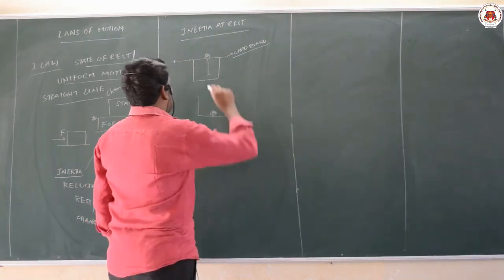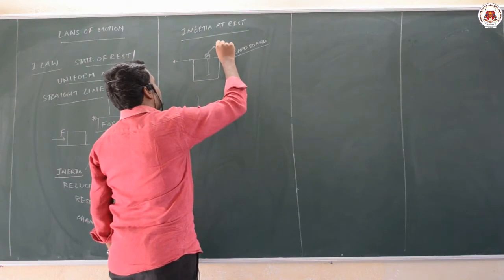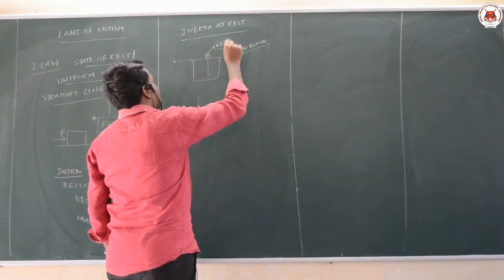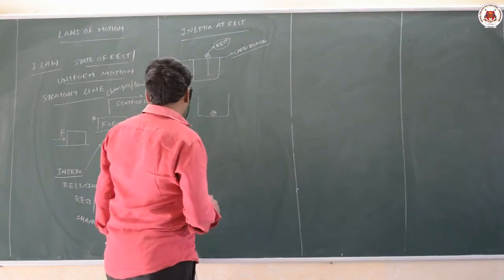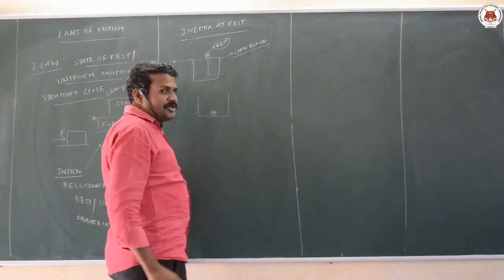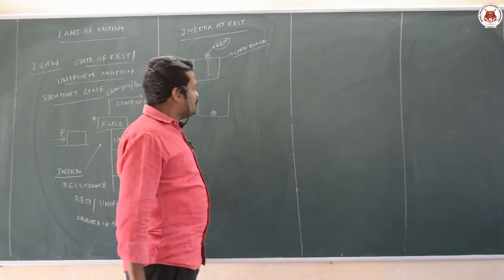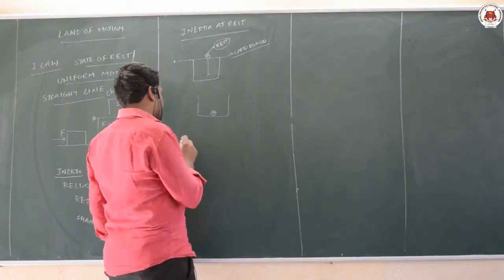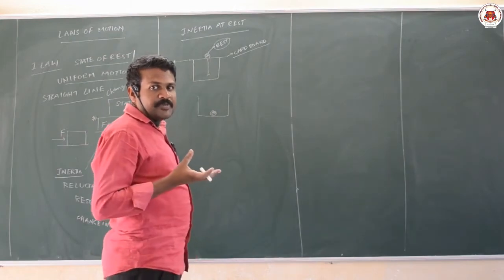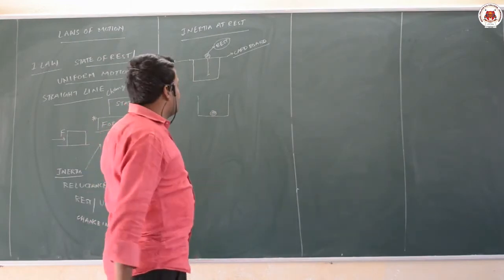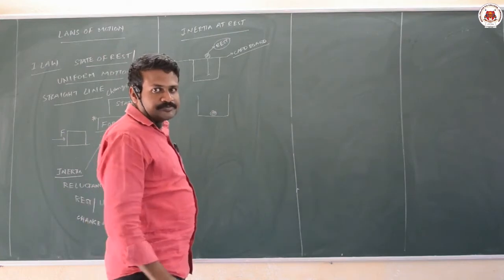That means the marble which is at rest wants to be at rest only because the force is applied on cardboard but not on the marble. So the body which is at rest wants to be at rest only. Body which is in uniform motion wants to be in uniform motion only. A passenger sitting in a bus, if a bus starts suddenly, passenger will move forward.